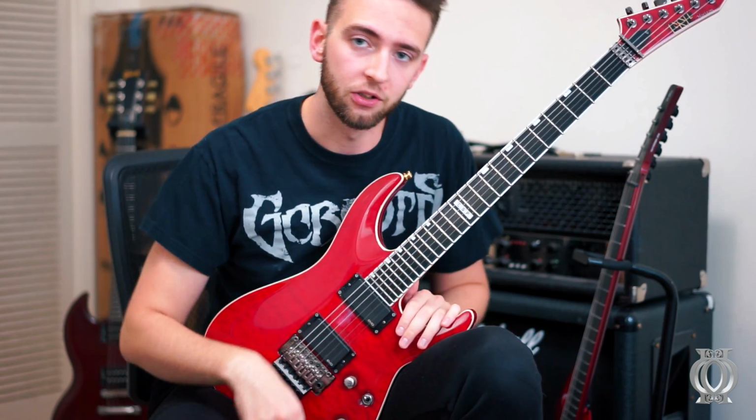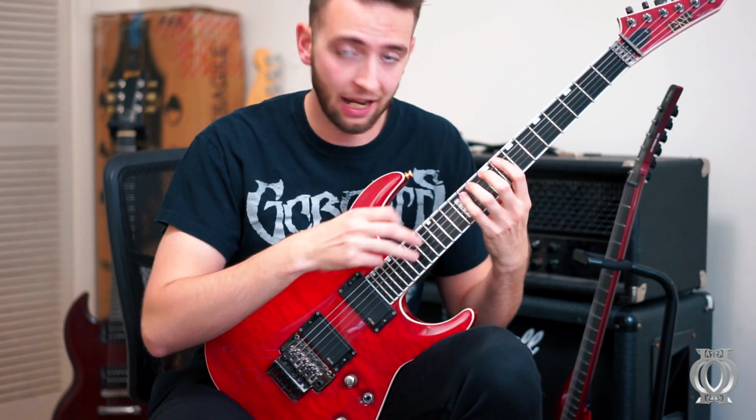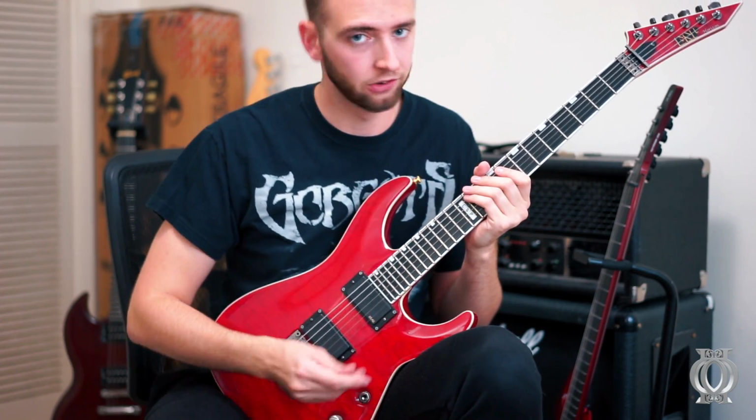So that's the tip in terms of using high gain for tapping, and I really hope that you apply two-handed tapping in this way to your own licks. Why not? It's really great for extending melodies as well as extending your shred. So, for example,